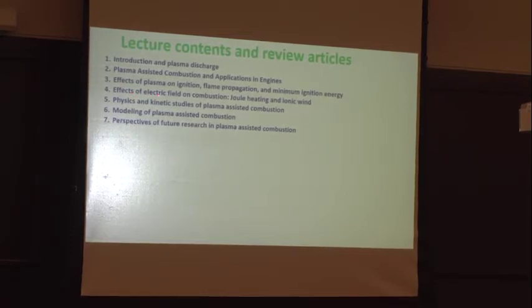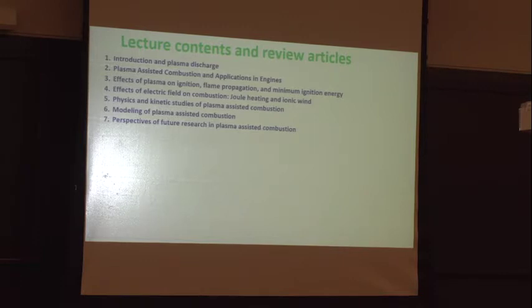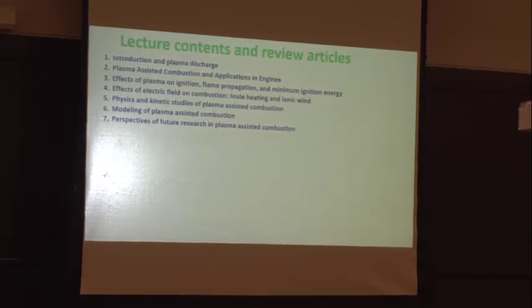And then number 4, we talk about the electrical field in combustion. Plasma has two different forms, and you can put in an electrical field. If the electrical field is below, let's say, the critical threshold, and you only have an electrical field, you don't have any kind of discharge. That can generate ionic wind. There are a lot of studies in that area. We talk about Joule heating and the ionic wind effect on flame dynamics.